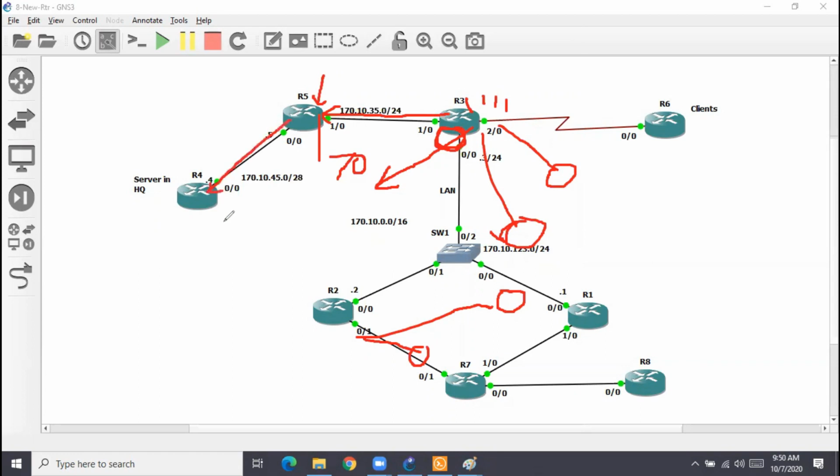So I'm asking you now, will the 70 route be present on R4? It will still be present on R4. Even though when the routes came in on R5, R5 filtered the route and R5 doesn't have that route, R4 will still have the route.